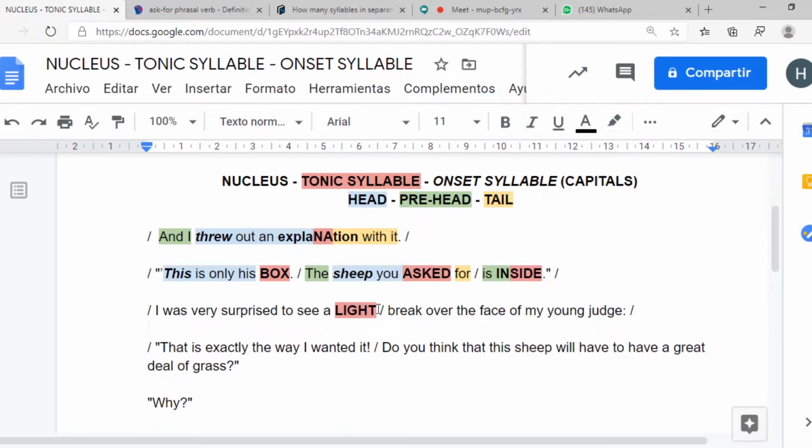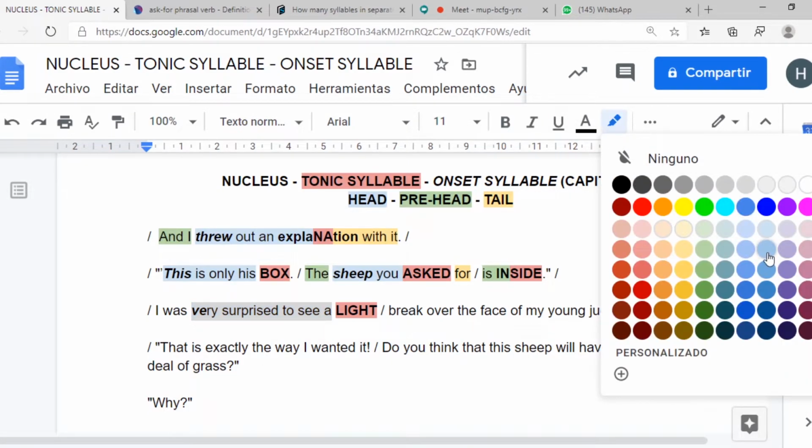I won't have any tail here. Very, the will be my first stressed syllable, so the will be the onset syllable. So from the up to a, I will mark